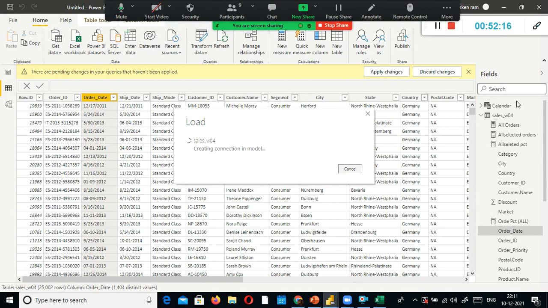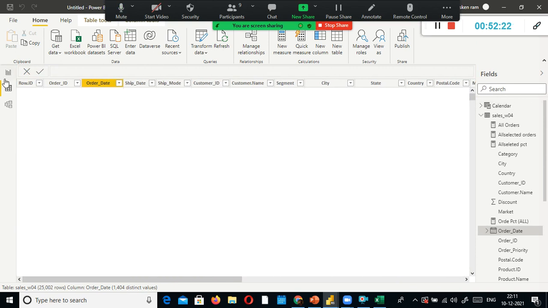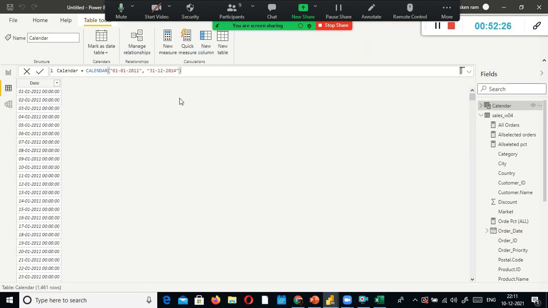Now we'll get back to the calendar table and add additional columns. I go to the calendar table and create a new column.